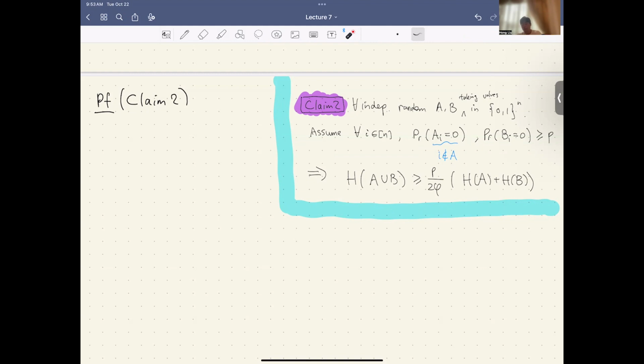We want to give a lower bound on the entropy of the union of these two sets. Well, we can view this union as itself a set in [n]. We can look at its characteristic vector, look at its i-th coordinate, whether 0 or 1, and use the chain rule to expand it. So by the chain rule,